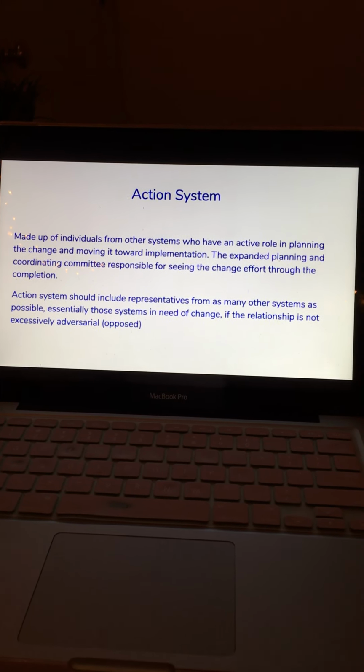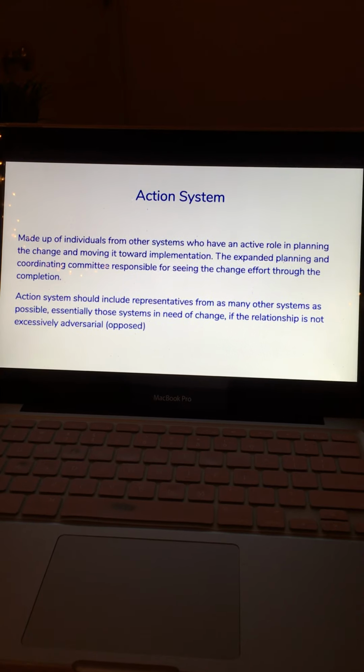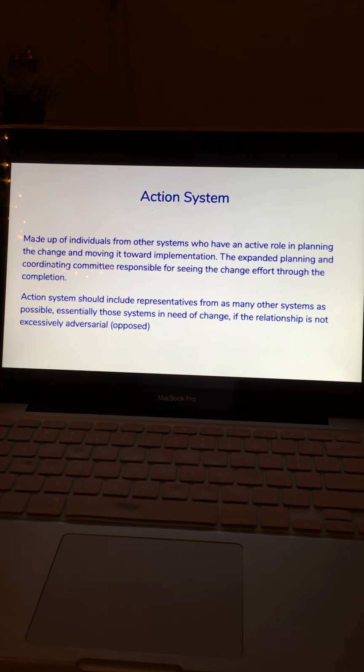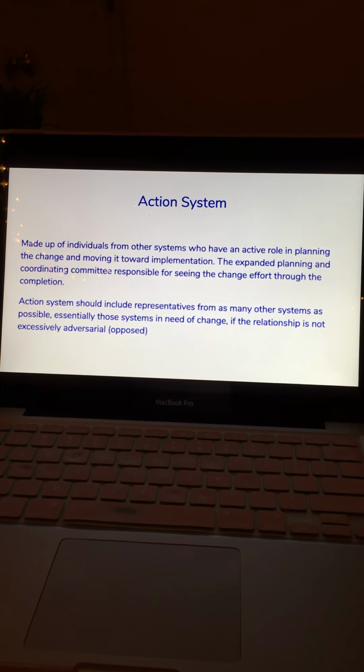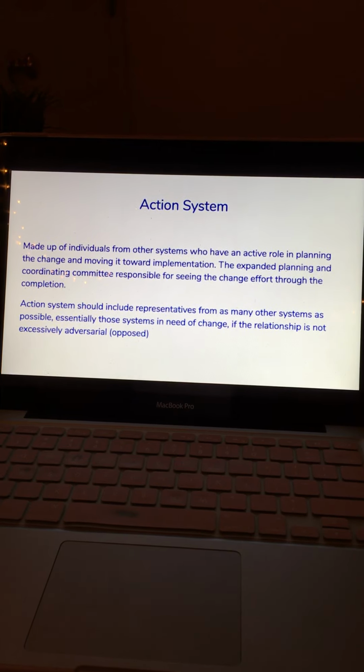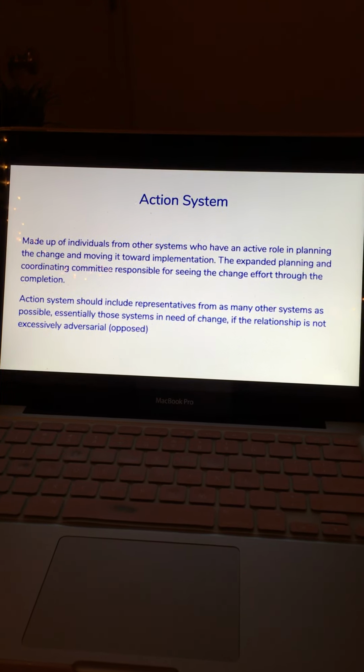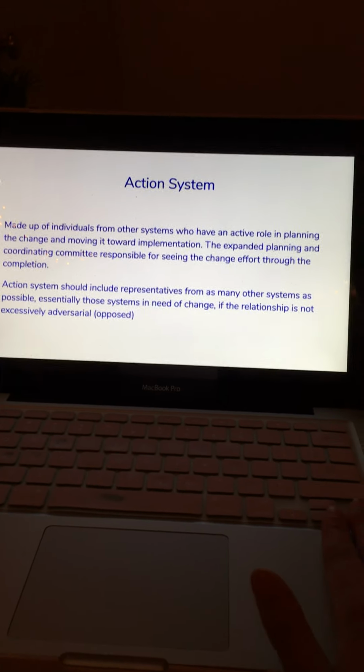So these are the people who say, what action is going into place? Like, how are we going to change and come up with an intervention? Like, what is going to change? And we have to keep moving toward the implementation and figuring out how we're going to get better results.